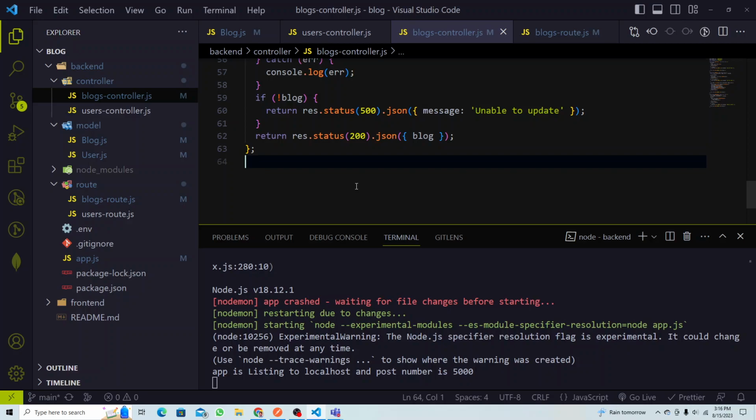So maybe you want to get one single blog, right? Let's say single blog, correct? So let's get the blog by id, get by id. Let's get a single blog by id. Okay, whichever blog we can get. So I think